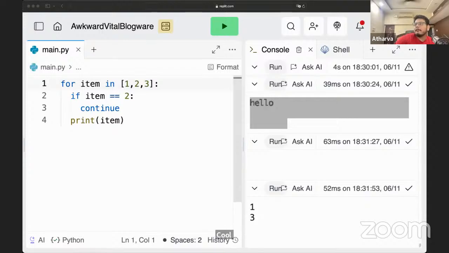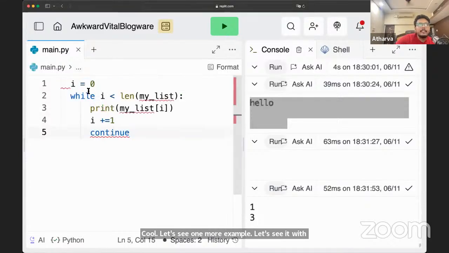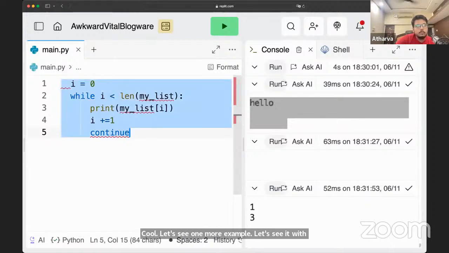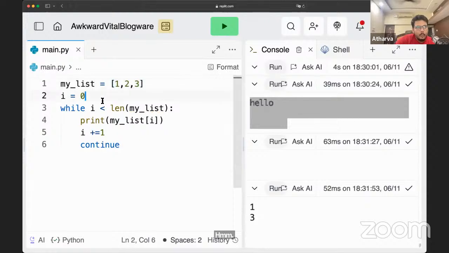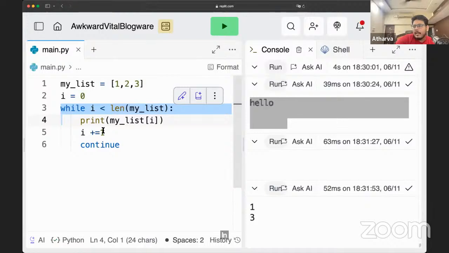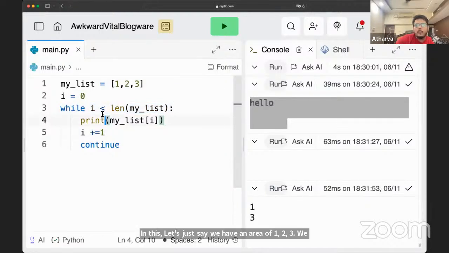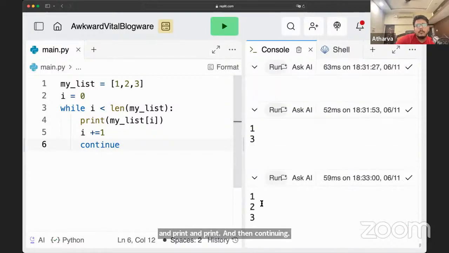Let's see one more example, with a while loop. In this while loop, let's say we have a list of 1, 2, 3. We have a while loop where i is less than the length of the list. We print and then continue. 1, 2, 3.